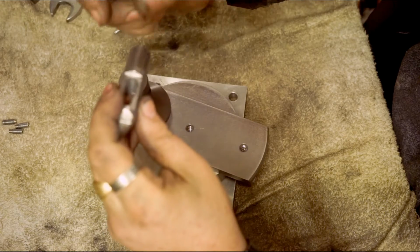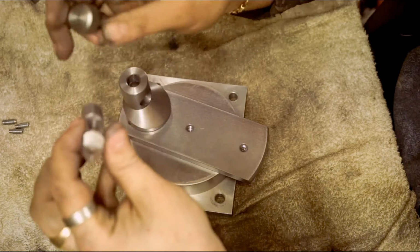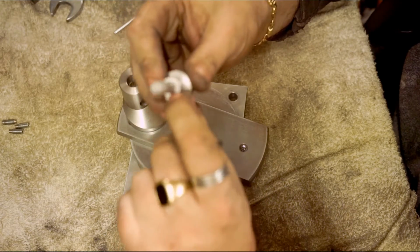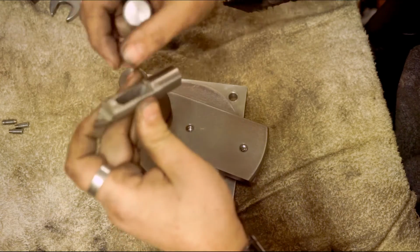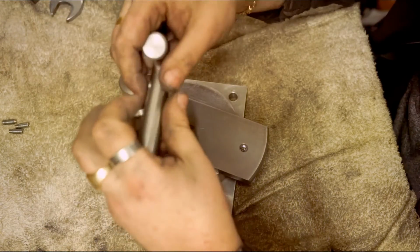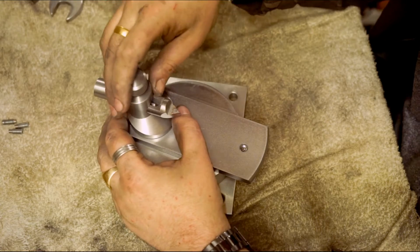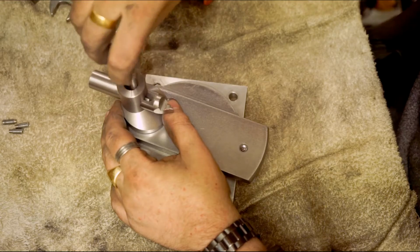Now I do need to make a curved washer, because when you turn that, there is wear. I've only done it a few times, so there is wear on the bottom of the shoulder. As you tighten that down, the edge of this on both sides is grinding that away. So for longevity, it's better to have a washer in there. That'll fit through. And another thing that I need to do, I need to make another bolt